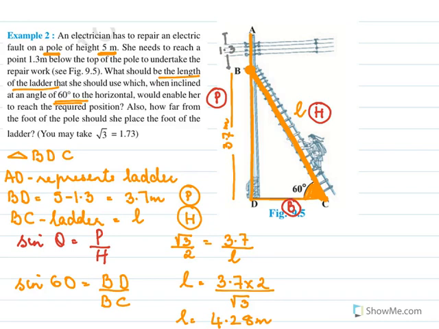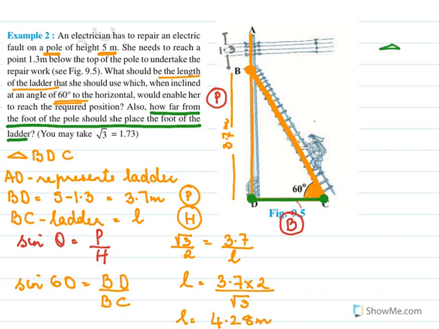Now there's yet something else to find out here. They're asking how far from the foot of the pole she should place the foot of the ladder. So we have foot of the pole D, foot of the ladder C. Now we need to find DC. So we are again taking the same triangle, that is BDC. The theta is 60,